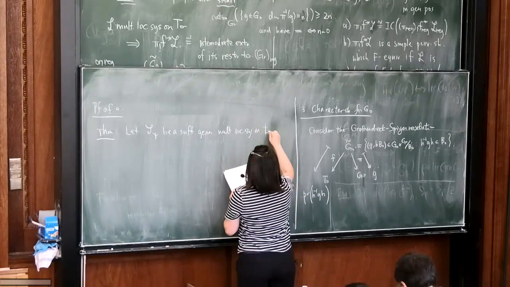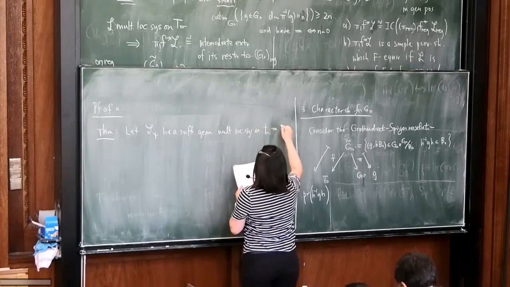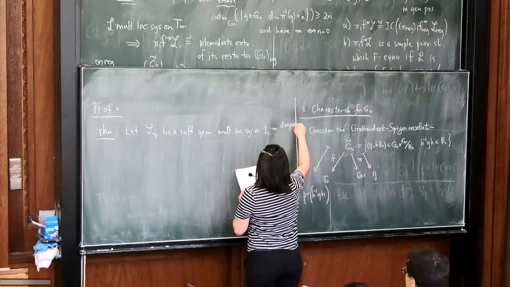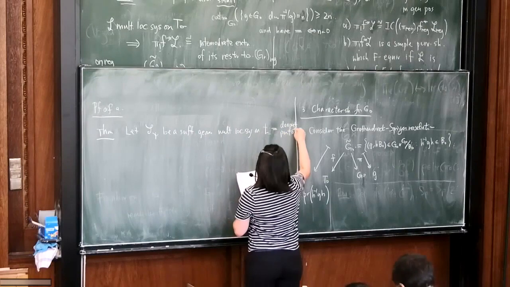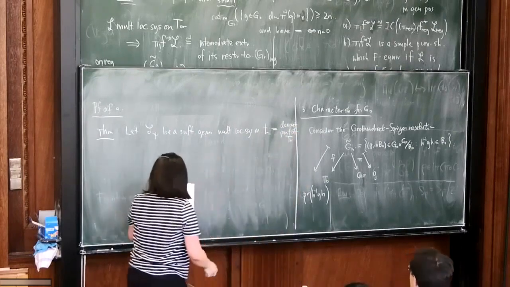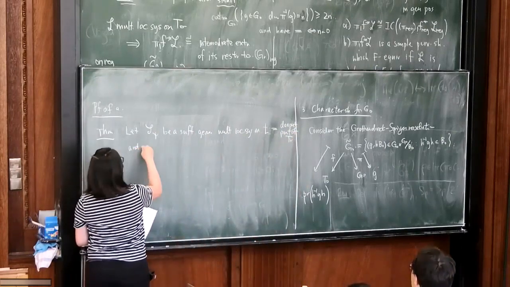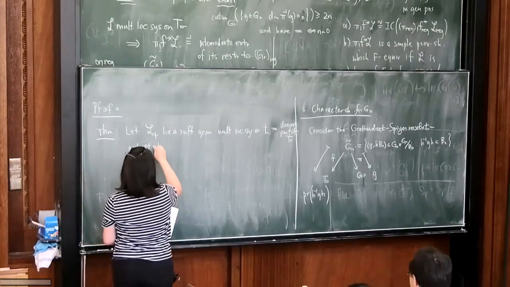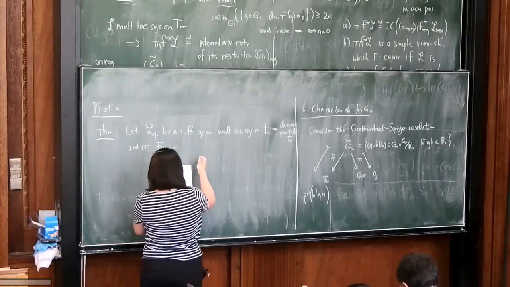So I'm going to call this T for the deepest part of TR, and then set script L to be